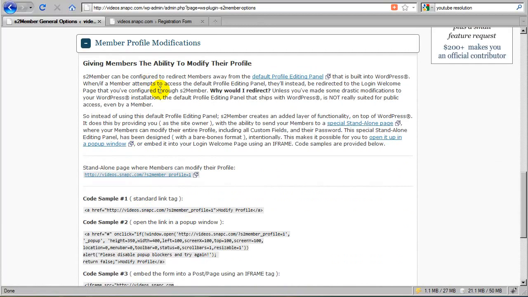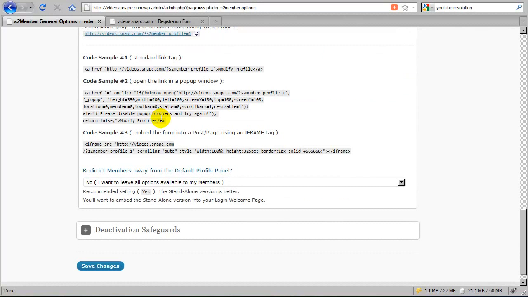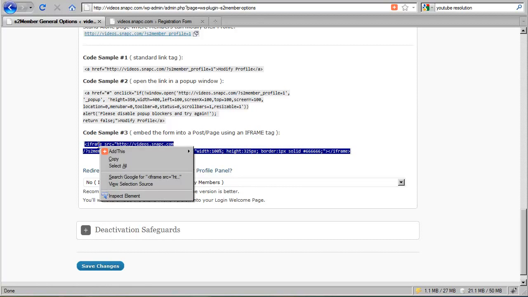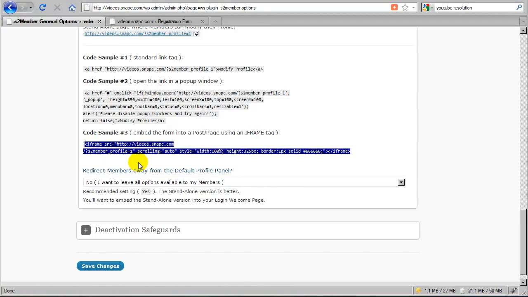I'm going to skim over this, and we'll do a separate video on this section. But just to give you a kind of a brief overview, this is providing you as the site owner with a way, and I recommend this option, number 3, which is an iframe, which embeds a special form into any post page. You just copy this and paste it into a post or page, and this will put up a form. For example, you might put this into the login welcome page so that an existing member who already has an account can log in and have access to a page that contains this code, which provides them with a